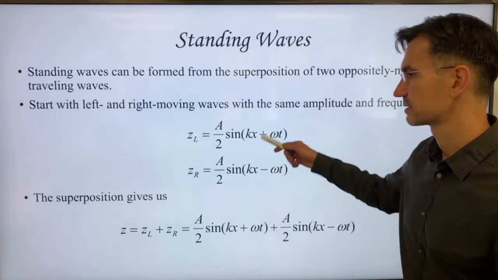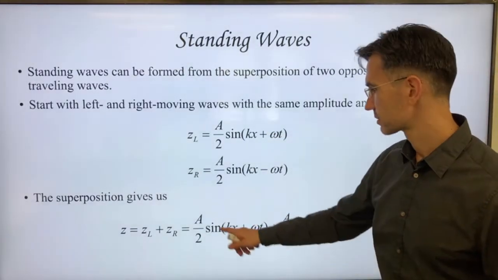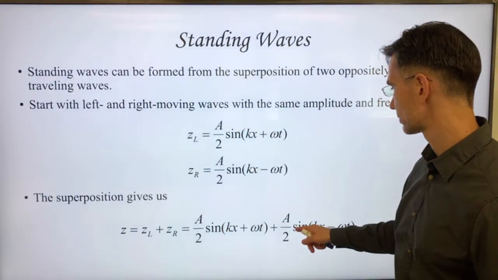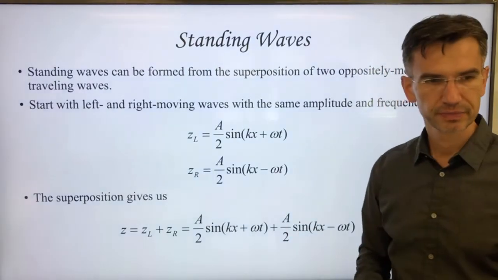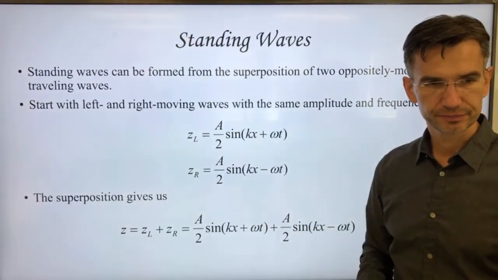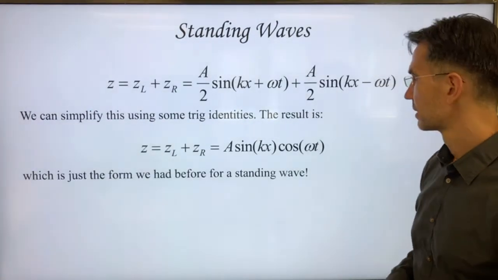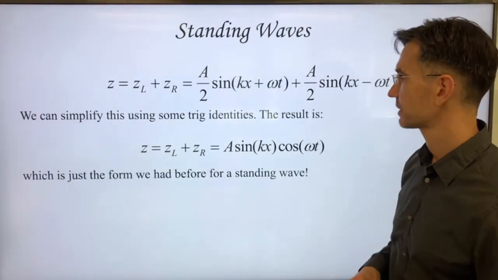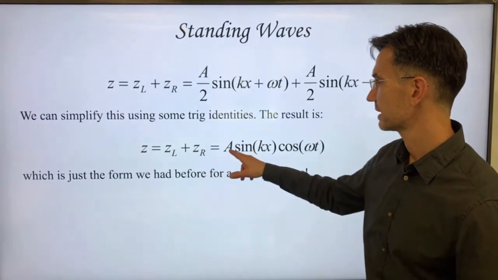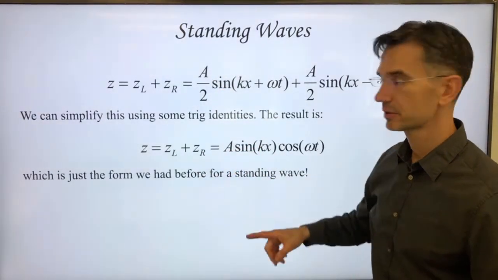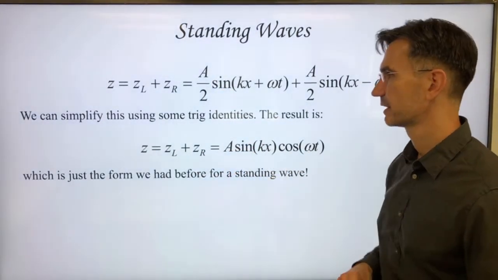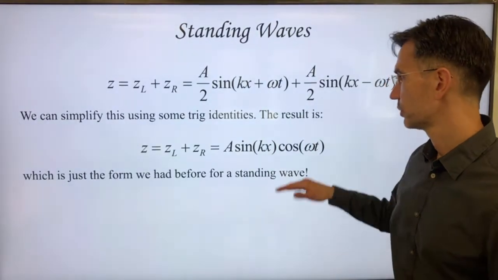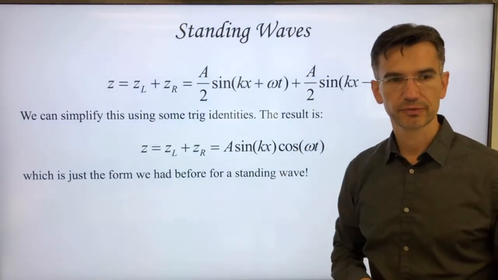I'm just adding these numbers up here. So this is going to be A/2 sine this plus A/2 sine this. So then, if we actually simplify this again using trigonometric identities, we get that the result is A, now twice the amplitude, times sine kx cosine omega t, which is exactly the expression that we had before for a